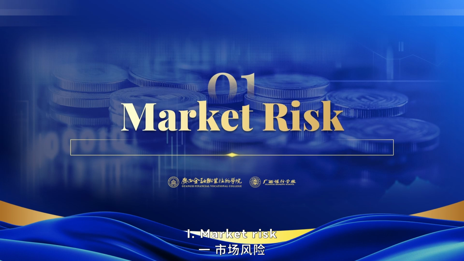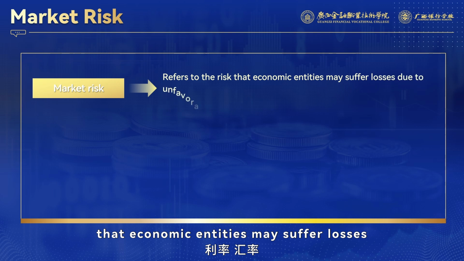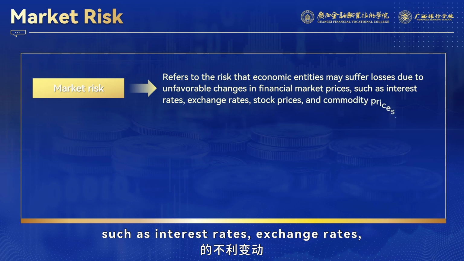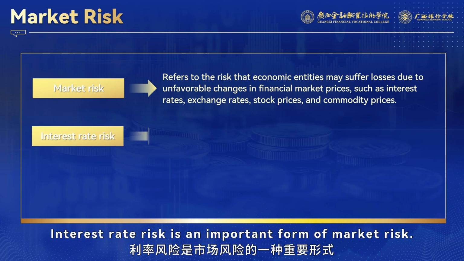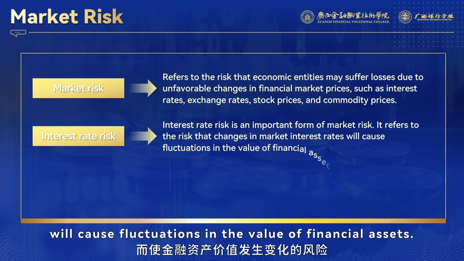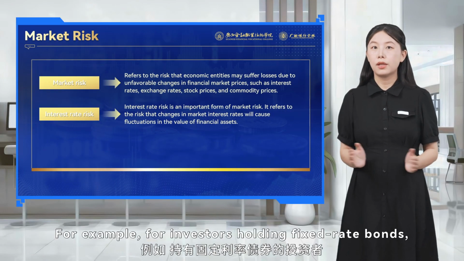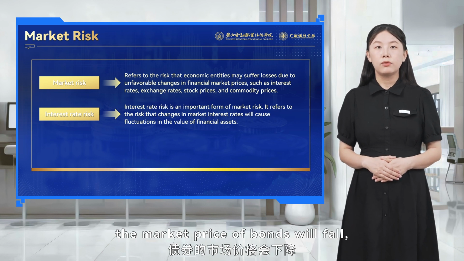1. Market risk. Market risk refers to the risk that economic entities may suffer losses due to unfavorable changes in financial market prices, such as interest rates, exchange rates, stock prices, and commodity prices. Interest rate risk is an important form of market risk. It refers to the risk that changes in market interest rates will cause fluctuations in the value of financial assets. For example, for investors holding fixed-rate bonds, when market interest rates rise, the market price of bonds will fall, resulting